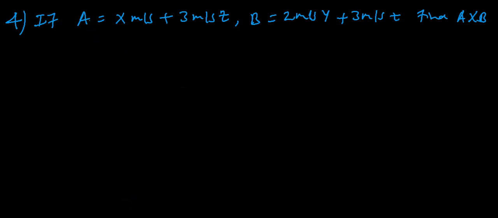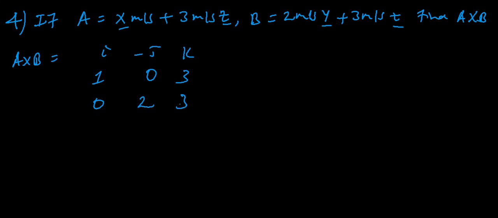Question number 4 if a is equals to x centimeter x meter per second plus 3 meter per second along z ስለዚህ እዚህ ውስጥ ማን የለም ማለት ነው y የለም ማለት ነው x አለ z አለ እዚህ ጋር ደግሞ y እና z ነው ያለው ማለት ነው therefore what is the answer ለዚህ ምንድነው a cross b ስንሰራ I negative j እና k ማለት ነው this is equals to 1 x value እዚህ ጋር 1 ነው ይሄኛው 0 ነው a 3 ማለት ነው እዚህ ጋር 0 የለንም x value y value 2 አለ then 3 ማለት ነው